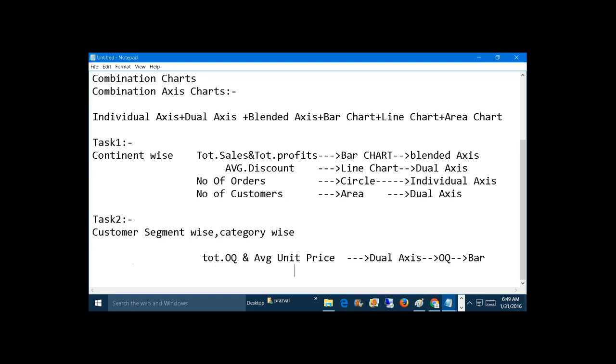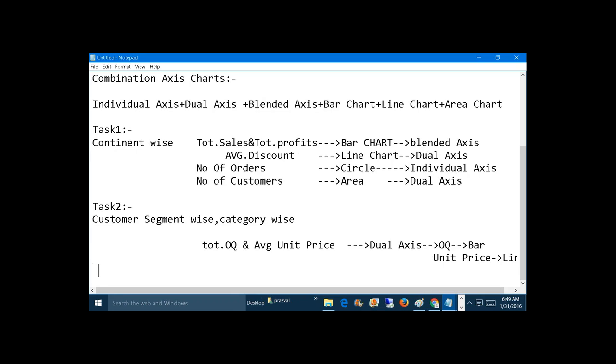and unit price in the form of line, and to this I would like to show the margin, okay, the margin in the form of individual axis and that in the form of square,